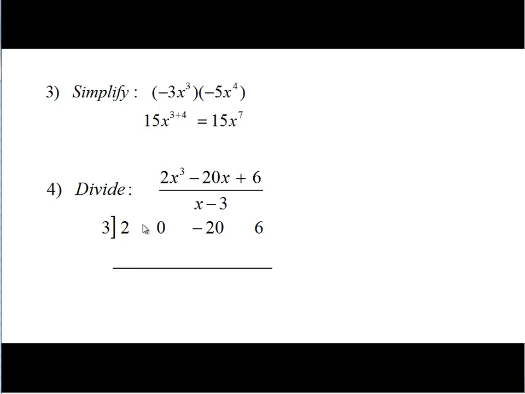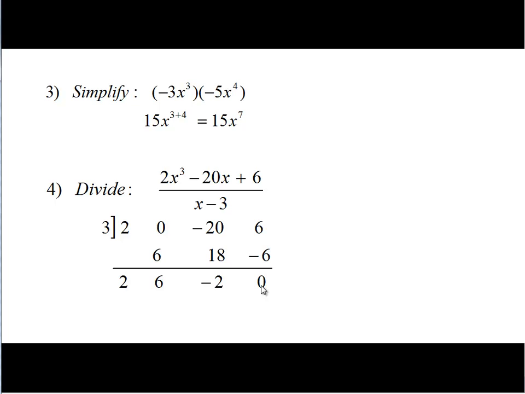Okay, with synthetic division, we just add going down. The first number is 2 plus nothing makes 2. Then you take the outside 3 times the 2 makes 6. And then we add, makes 6. Outside 3 times 6 makes 18. Add is negative 2. 3 times negative 2 is negative 6. Add makes 0. And when you get to the very end, that is your remainder, just like it is